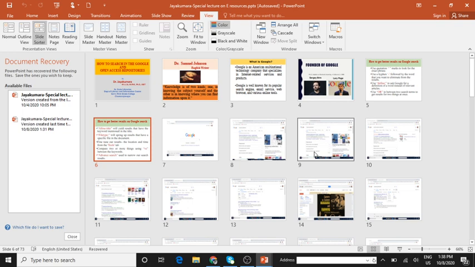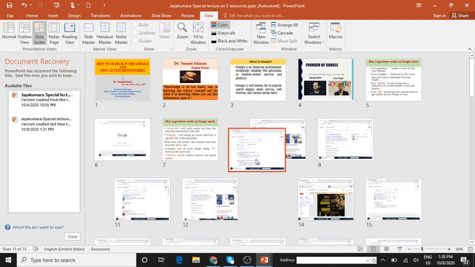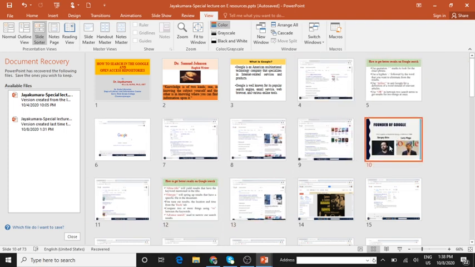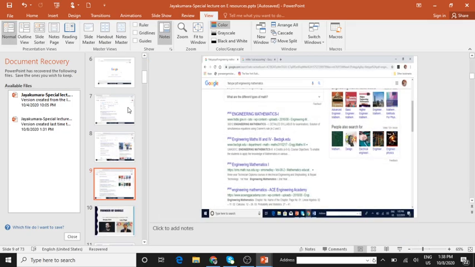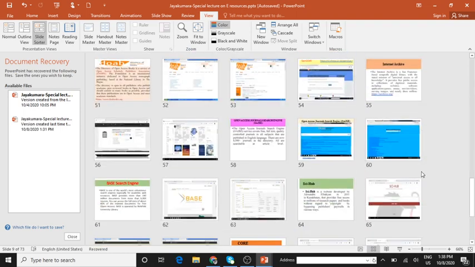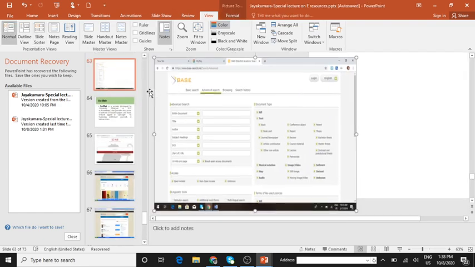To move a slide, click and drag it to its new position. I just want this slide to be here. Can you see this? This is rearranging. I'm just holding it and dragging it. You can see all the slides over here and you can rearrange them however you want. Got it, children? This is how you can do it.